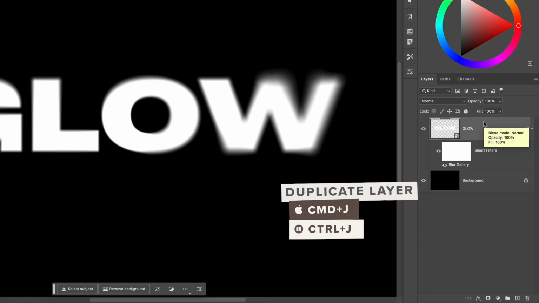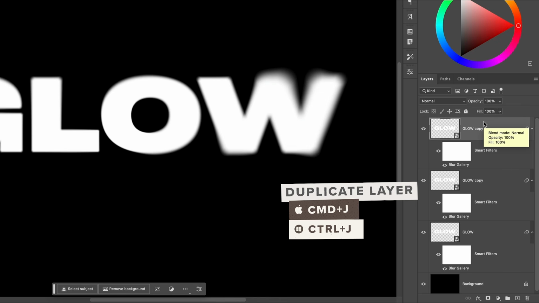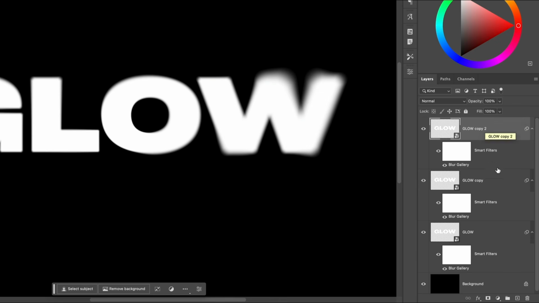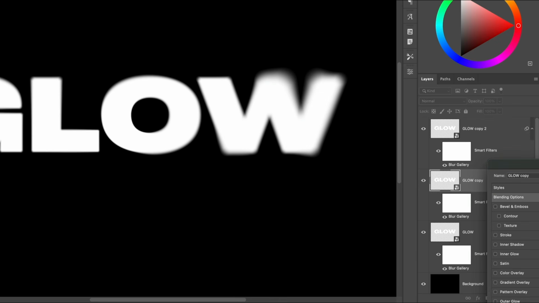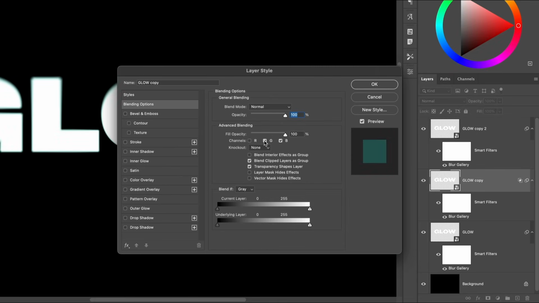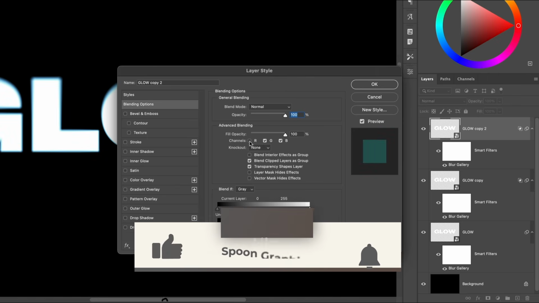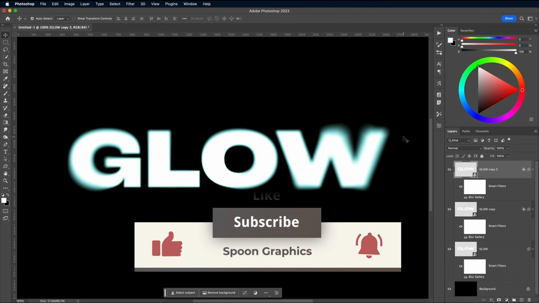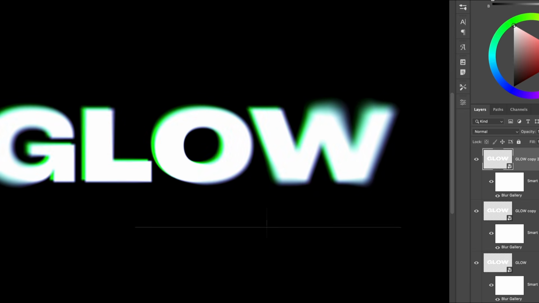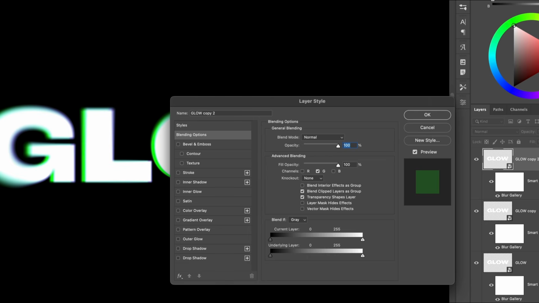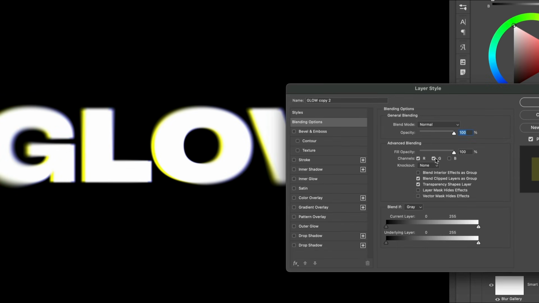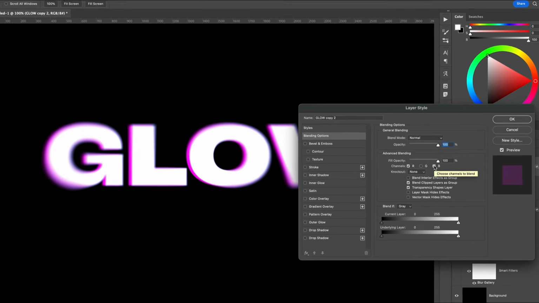Use the Command and J shortcut or Ctrl and J on Windows to duplicate the layer twice. Double click the first duplicate layer and uncheck the red and green channels, leaving just blue. Do the same for the second duplicate, but this time leave just the green channel. Nudge this layer out of place to create chromatic aberrations or an RGB splitting effect, just like old CRT screens. You can actually create different colour combinations by configuring different channels. Choosing red and blue instead of green gives a nice pink effect, but green works best when used with this